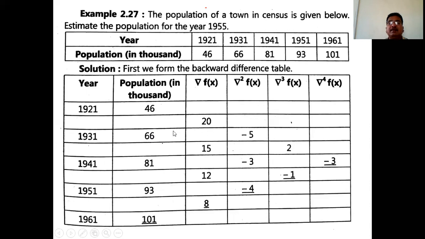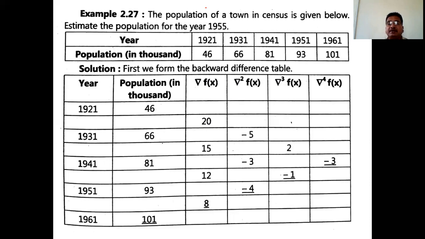So what is this entry? 66 minus 46 is 20. So the method of preparation of forward difference table and backward difference table are same. If we had to construct a forward difference table, then what is the change in this table? This column as it is, this column as it is, all the columns are as it is, only change at this place is delta, at this place delta square, delta cube, but the entries are same. So the methods of preparing the forward difference table and backward difference table are both same.